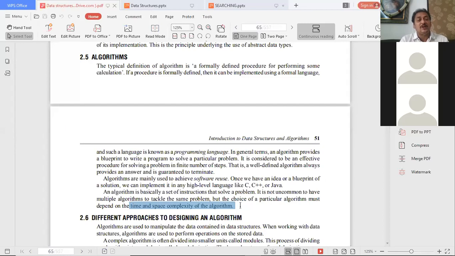And what is space complexity? What is meant by space complexity? The amount of space that is required for a particular program in the memory is nothing but space complexity.